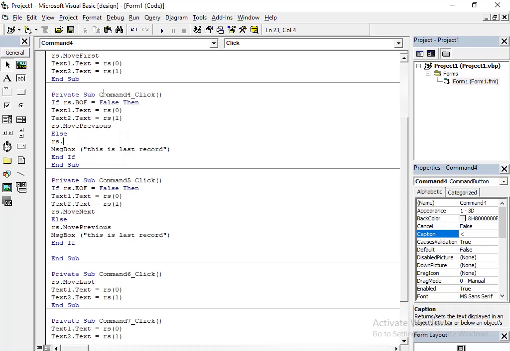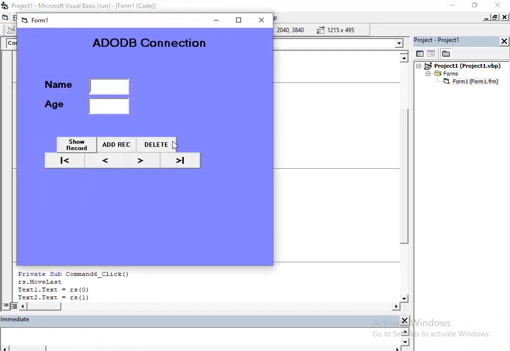If the condition is true, then make it move next. Okay, and this is first record. Okay, and first record, last record.